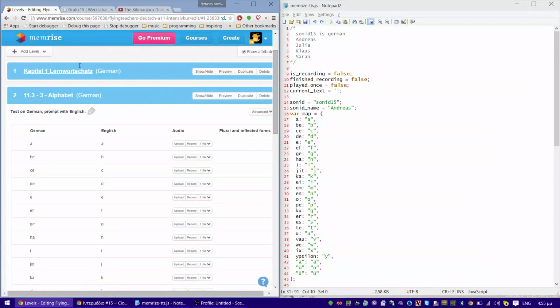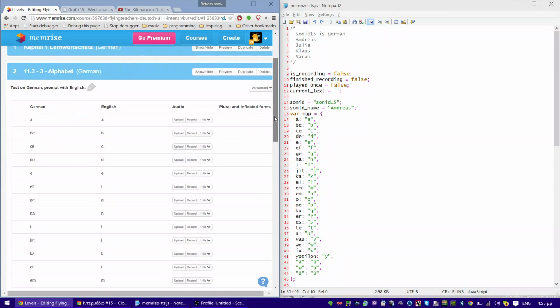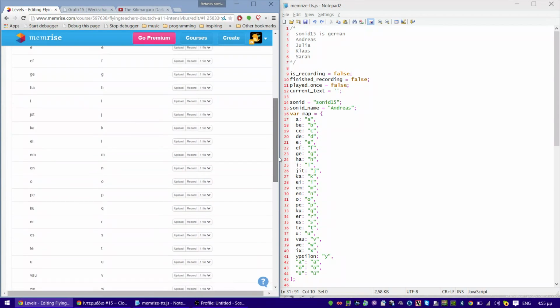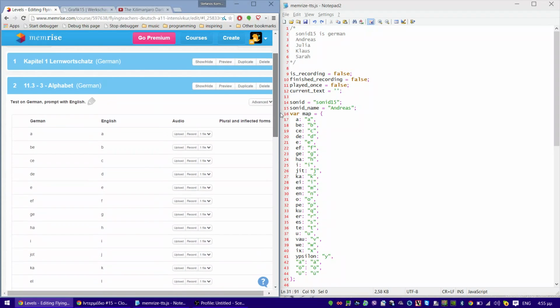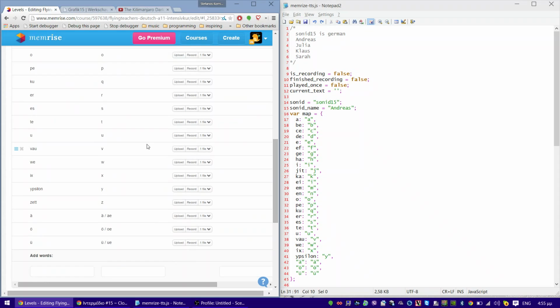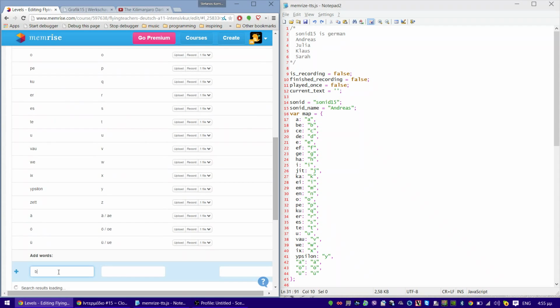In case you don't know, Memrise is a pretty nice service. It's flashcards, and you repeat them and whatever. So this is the editor, and you can actually create new entries. Here I have prepared one for the alphabet, and how this works is you add a new entry like this is a German word,